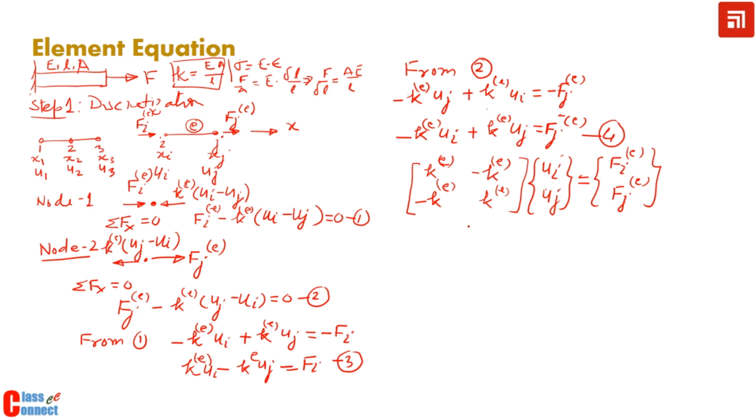This equation that we obtain is known as the element equation, and the method that we have used, using the basic principle of statics, is the direct method. So this is the element equation based on the direct method. So what does it mean? It means that if we want to apply this general element equation for element number 1, how can we write this?